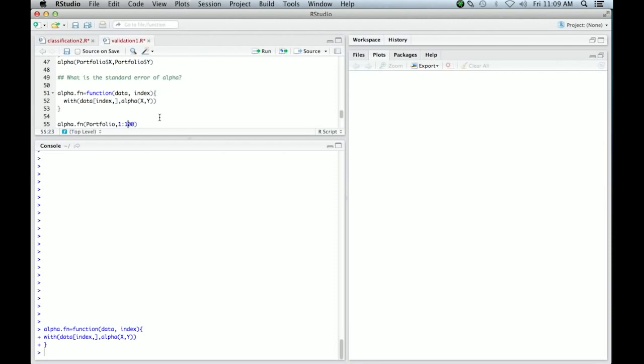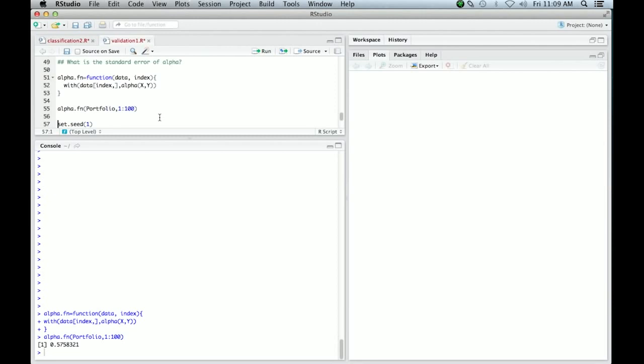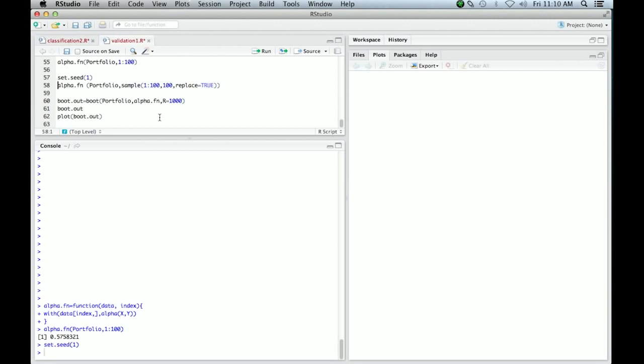All right, let's see if this works. We'll run our function just once using the original index of the data, portfolio 1 to n, and we see we get the same value as we got before. So that works. And so now we'll run the bootstrap. And since the bootstrap involves random sampling, and if we want to get reproducible results, just for purposes of demonstration, it's good to set the random number seed. So there we set seed 1. And now we run